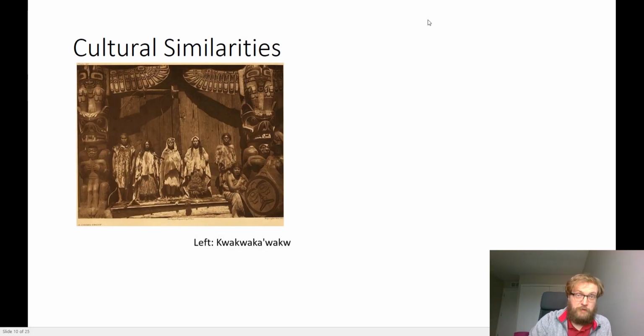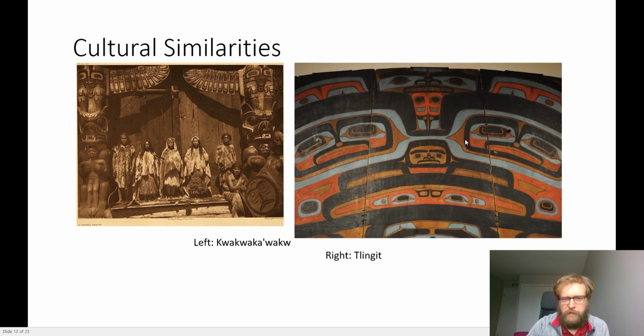There are also a bunch of cultural similarities in this area. That's a really important point here. This is sort of like anthropological linguistics. If this picture we note is from a particular group in the Pacific Northwest, and note the style of art, the style of the totem poles as they're called by us out here in the Midwest, and then compare this with an unrelated group from Alaska, you see that there's a lot of similarities in the kind of style of art, at least broadly speaking. This isn't a visual style class, so we won't be able to get into the good details here.